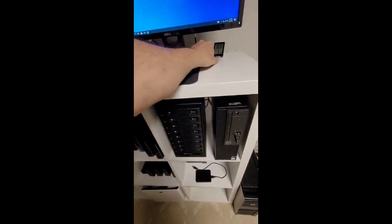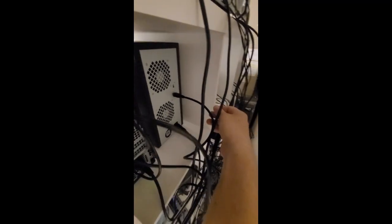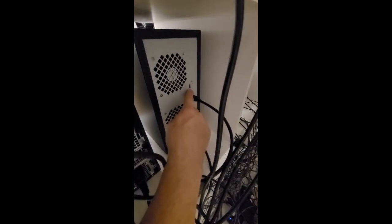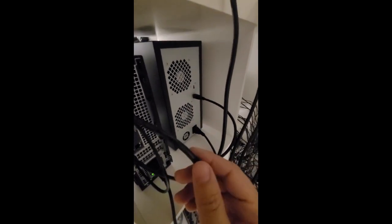Comes with this set of screws for the hard drives, but all this is connected through a USB here, USB to the workstation, and then the enclosure has this switch. You can switch the fan from high to low. So right now I'm in low, I don't have any hard drives yet, and then